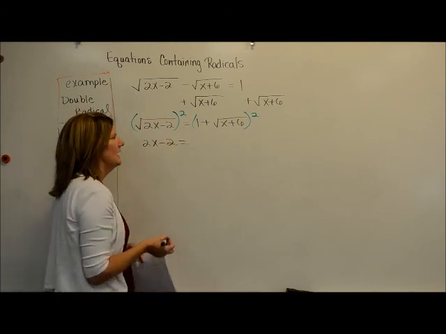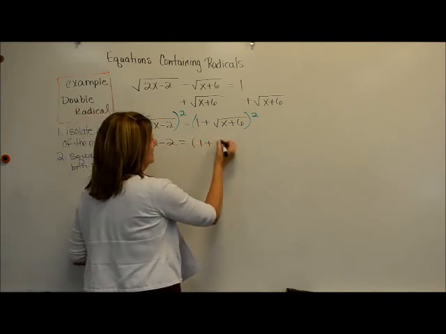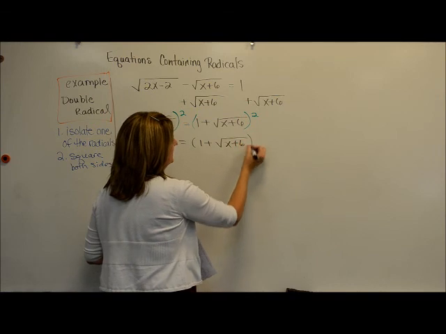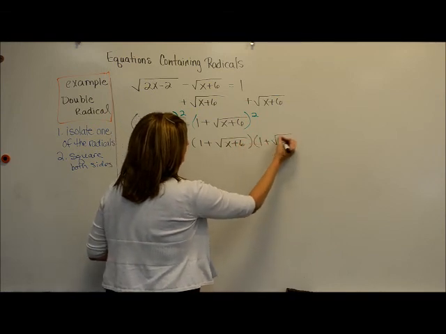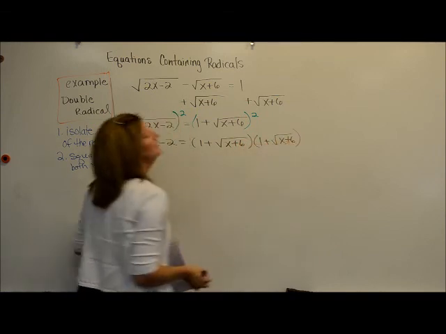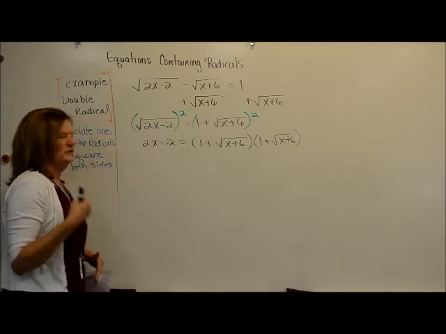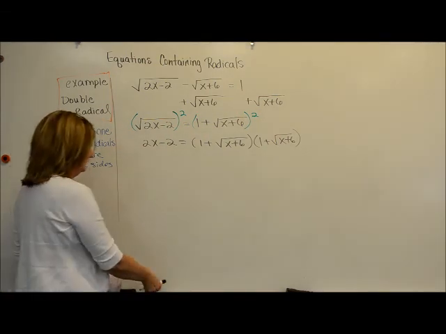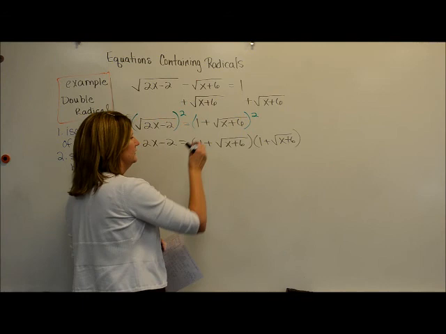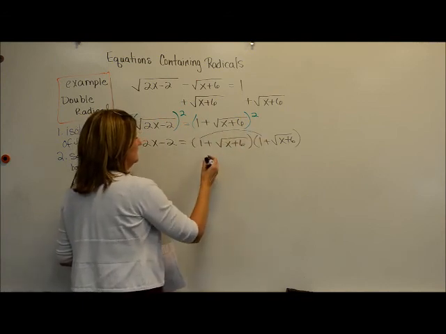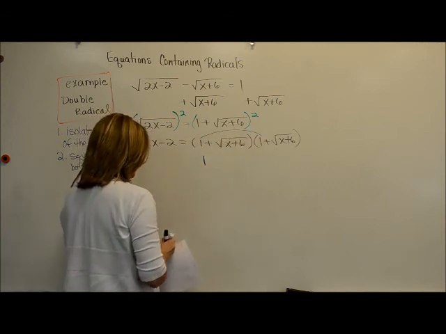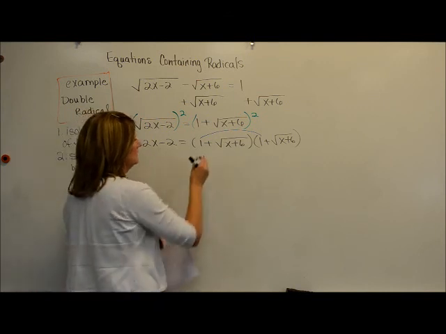That's the easy side. This one's the harder side, and I'm going to write it out instead of just trying to do it in my head because I don't know that I can do it in my head. So there you go. We're just going to use FOIL, right? So I'll show you the steps here. So first, that's going to give me 1, right? Outer